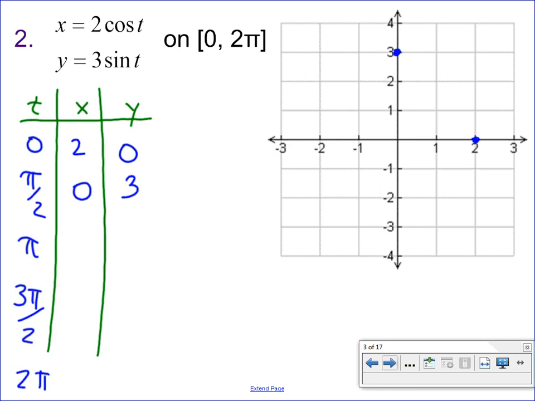At time t equals pi, cosine of pi is negative 1 times 2 is negative 2, 0, and we see the pattern now. Zeros at my pi over 2 multiples for cosine, the x-coordinate, and 1 times 3 is 3, but negative. At 3 pi over 2, sine is negative 1 times 3, good. So then we're at negative 2 comma 0, 0 comma negative 3, and lastly, at 2 pi,